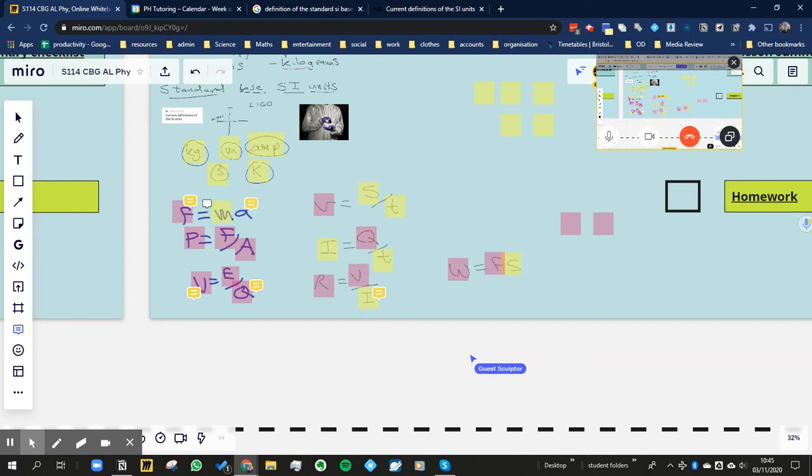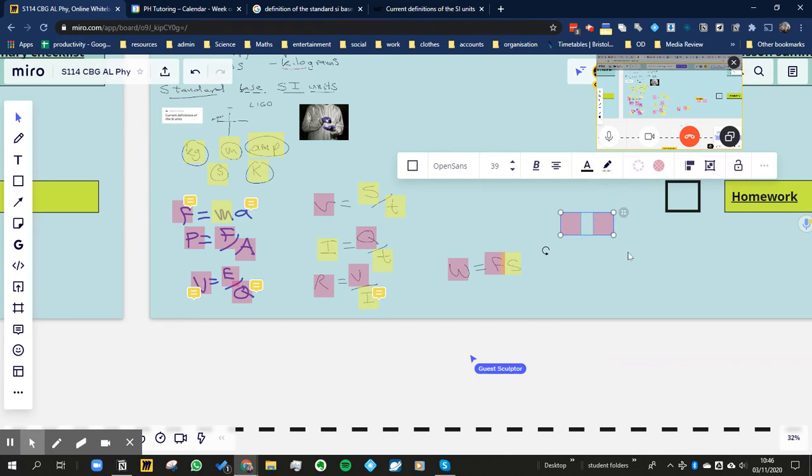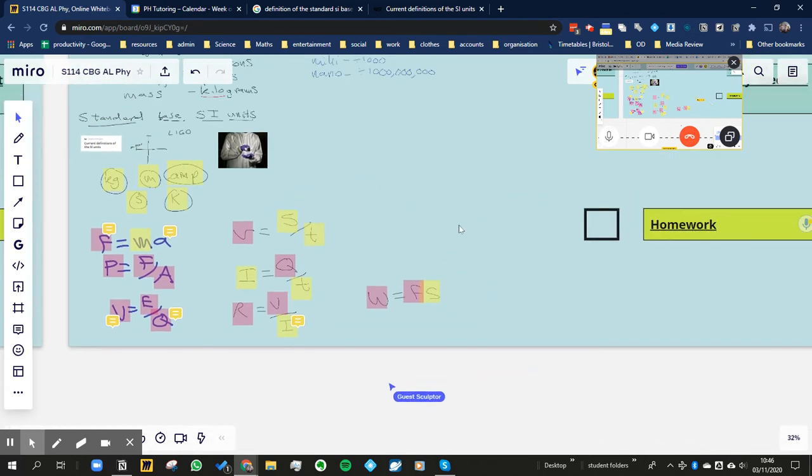We've colored them in yellow, the ones that are measured in base SI units. These are the 5 base SI units. And the ones in pink are not measured in base SI units. So what I'm saying is that it's possible to turn any other unit that is not a base SI unit into a combination of base SI units. So I'm going to do a couple of examples here, and then we'll look at how we can do more